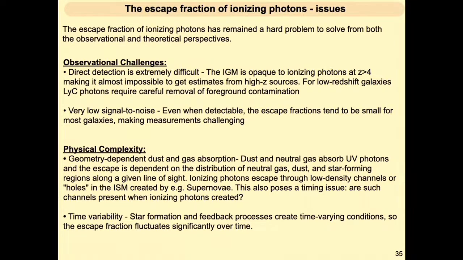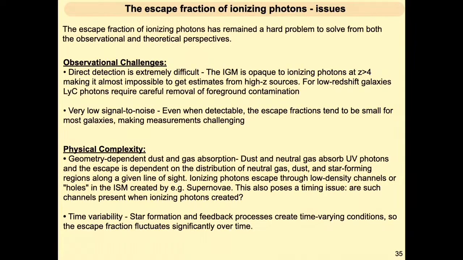So I think one of the key problems observationally was that if you are at very high redshifts, imagine these ionizing photons come out of the galaxy. They're immediately going to encounter neutral hydrogen. So they are going to get absorbed by this neutral hydrogen that is sitting around the source. So from extremely high redshifts, you can't directly detect them at all. So at redshifts above 4, it's very hard to do direct detections of these Lyman continuum photons, which are escaping